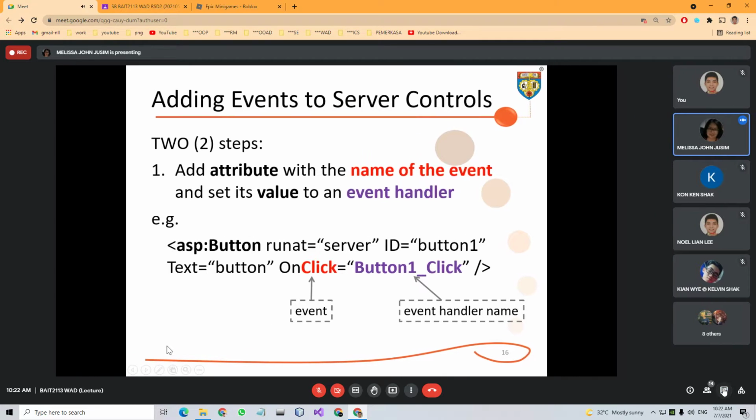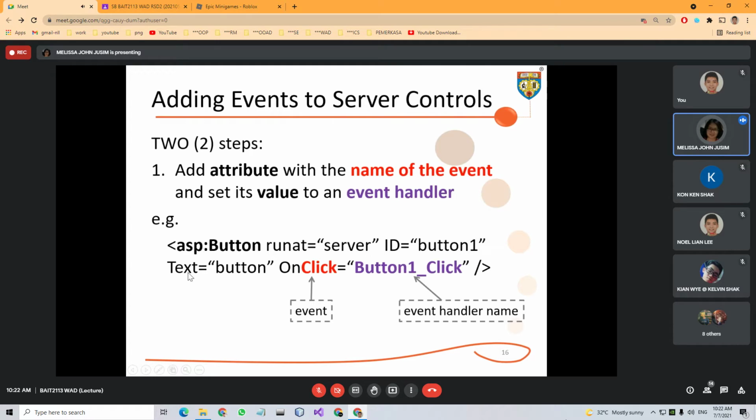So how do we add events to a server control? There are two steps. First of all, say we have the button server control, this ASP button server control. We just need to add attributes. So this is the runat server with the ID, and then since it's a button, we can display something on the button, right?